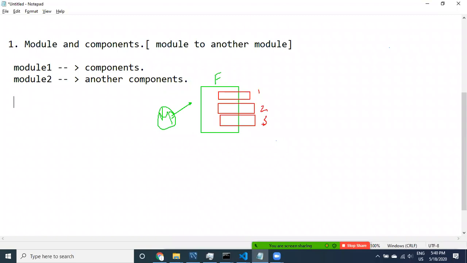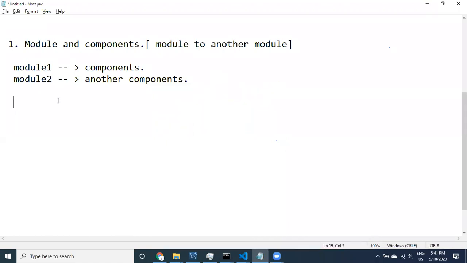It is also going to create one single file, a module file. So if I try to create a module, it creates a folder, and inside the folder it creates a module-related file. Only one file is going to be created. So the first step is how to create a module.